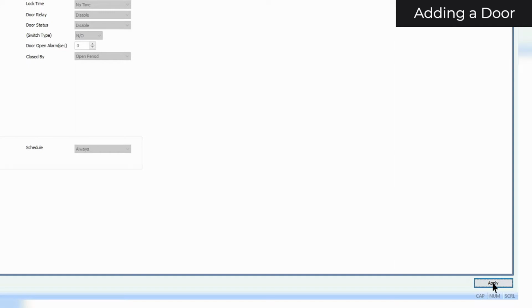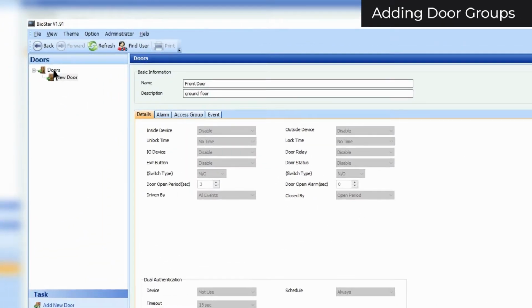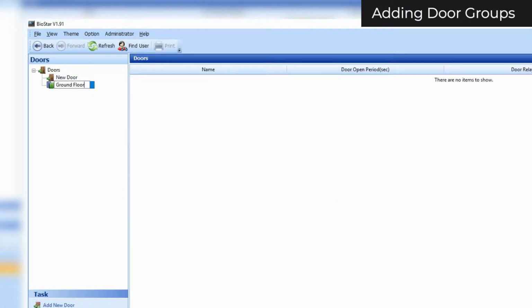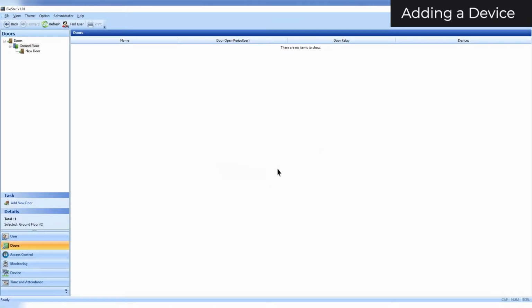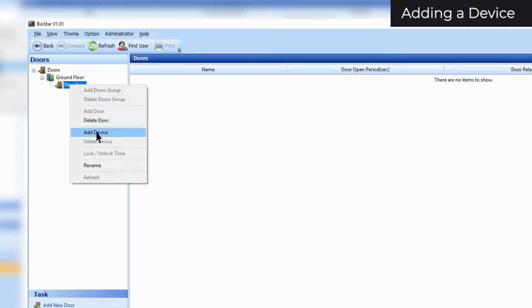Click Apply to save your settings. To add a door group, right-click Doors, select Add Doors Group, and name your group. To add a door to a group, select the door and drag it into the group. Select Yes. To add a device to your door, right-click on your door in the Doors pane and click Add